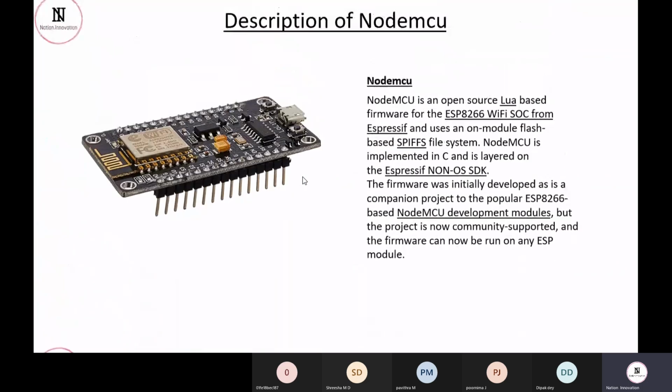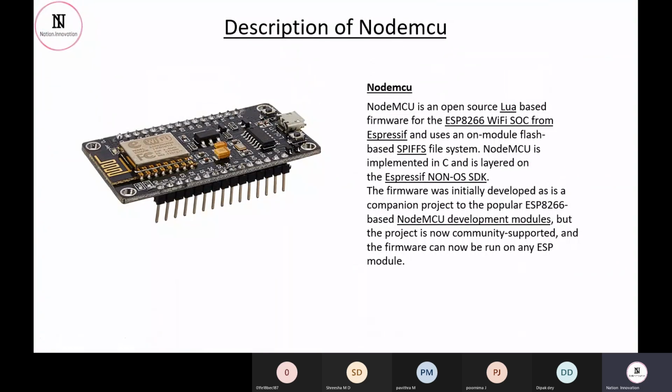Okay, let's move to the next board. The next board is a pretty common one, which you might all have known about, the Node MCU or the ESP32 boards. They are almost similar, with the difference being the chip, the main control chip available in them. Like the Wi-Fi main chip is different. In the case of Node MCU, we have the ESP8266. In the case of the ESP32 boards, they have the ESP32 chip as the main Wi-Fi chip.